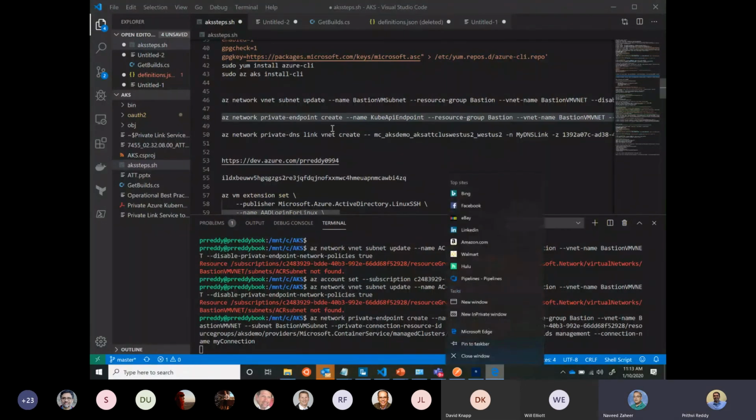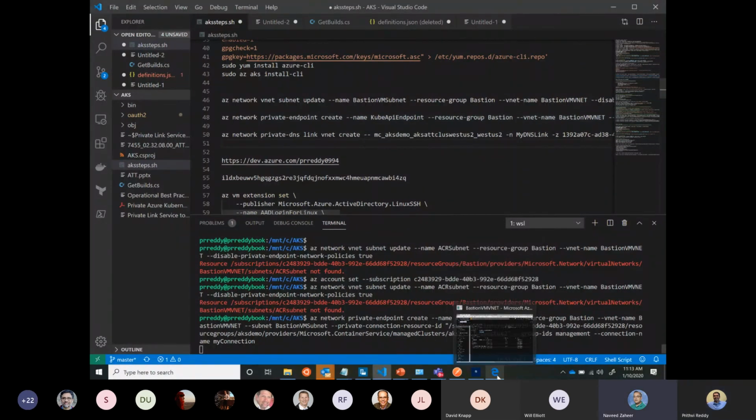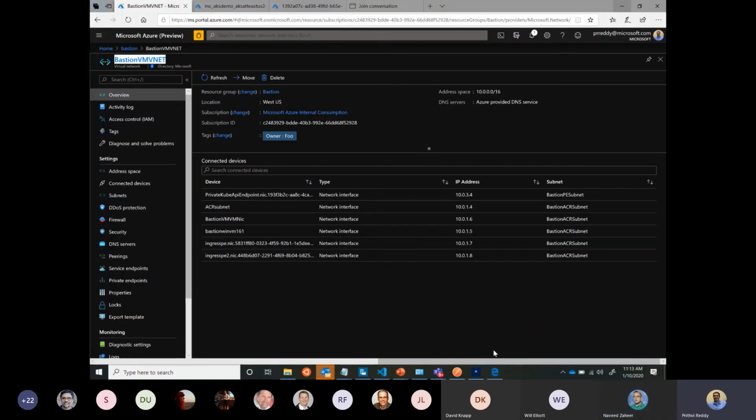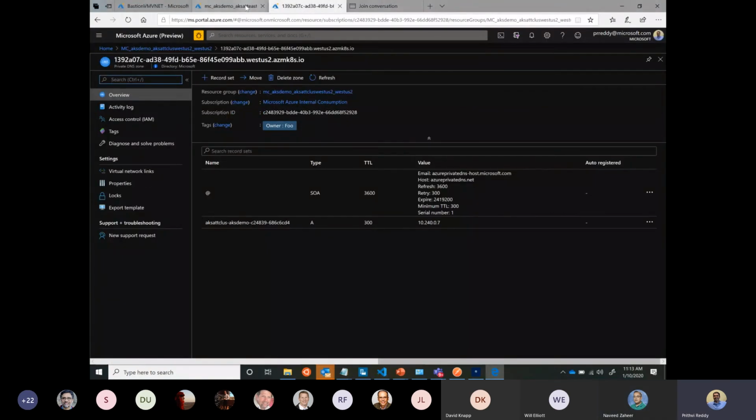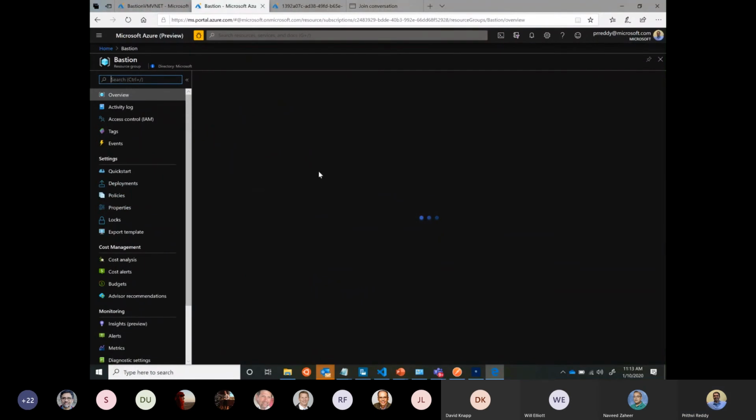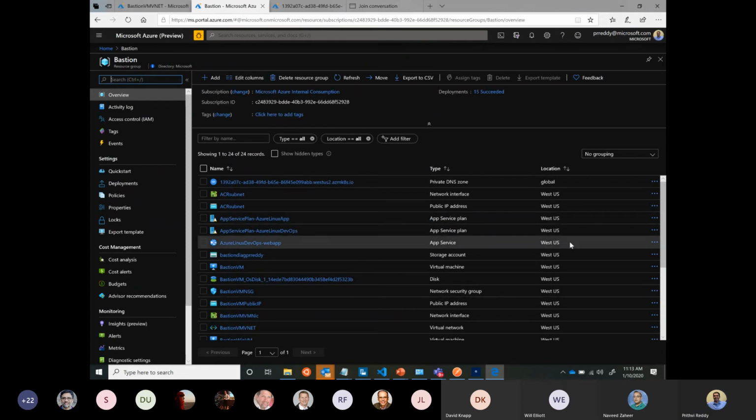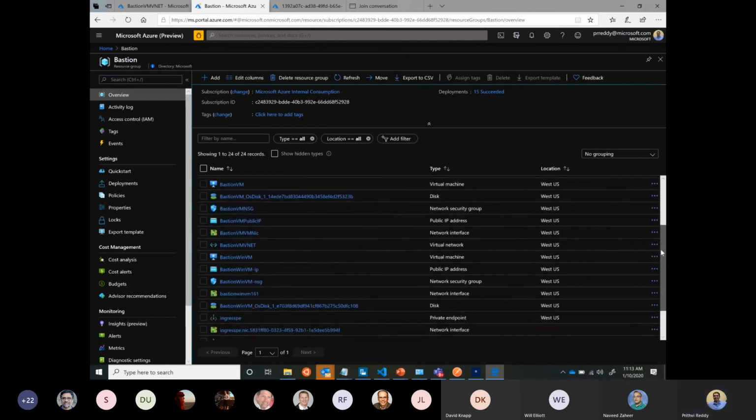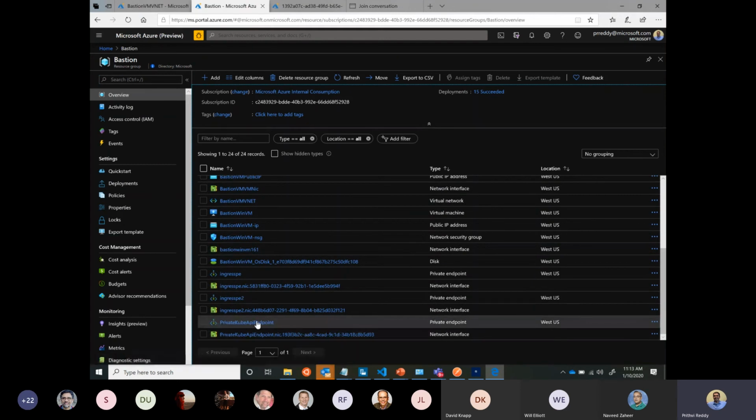So what's the endpoint? Yeah, you're creating a private endpoint. Yeah, we're creating a private endpoint within the Bastion resource group. So if we go to our Bastion resource group, here's a private endpoint we've created for the Kube API. This private endpoint is connected to the cluster that we created earlier. So if you open up the endpoint,